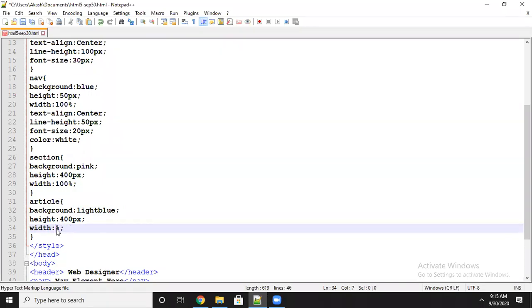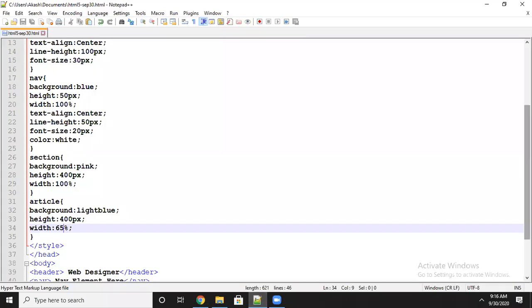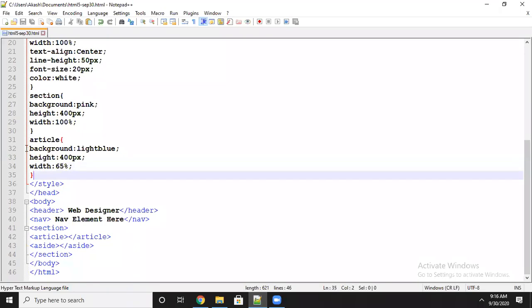Means out of 100, 65% of screen I will use. Let's see, you got an article tag here. Already I used 65%, left is 35%. Out of 35, 5% I will give as gap and 30% I will use for the aside tag now. Means 5% I will give as gap between the elements.